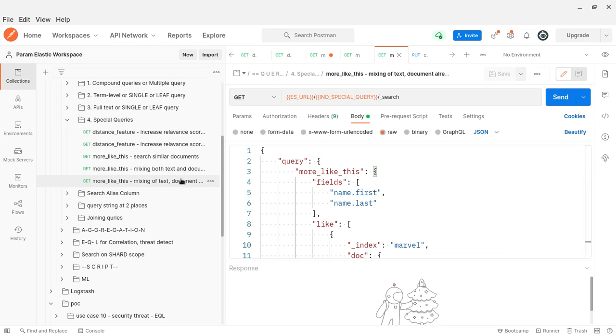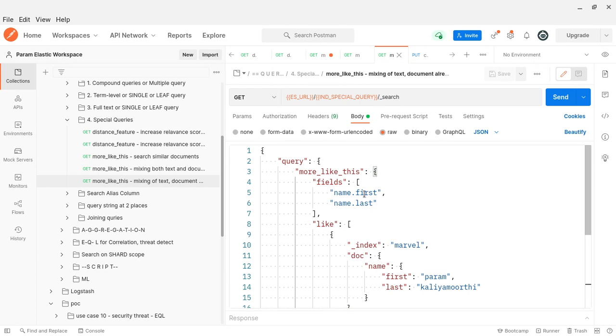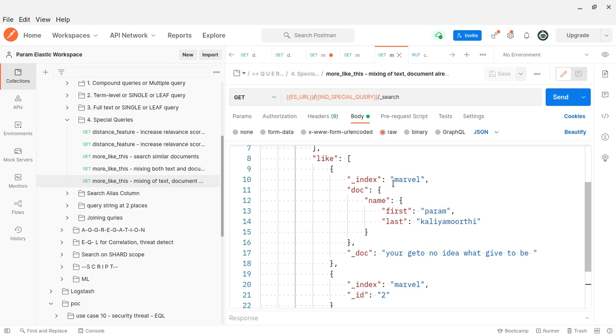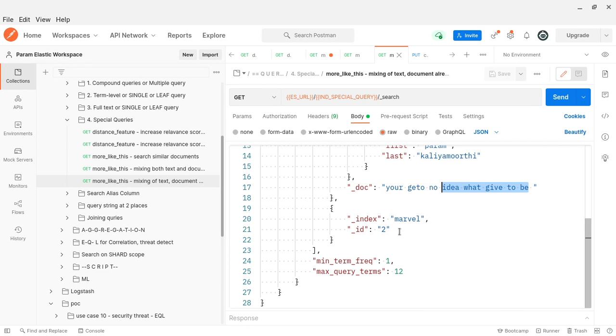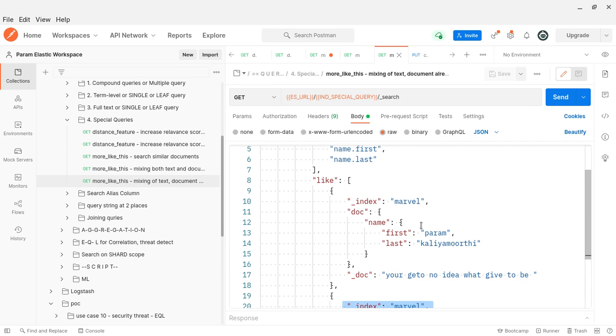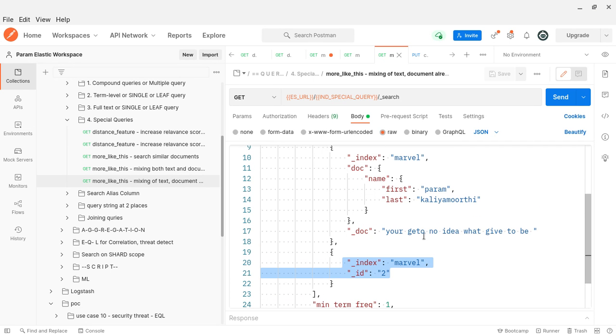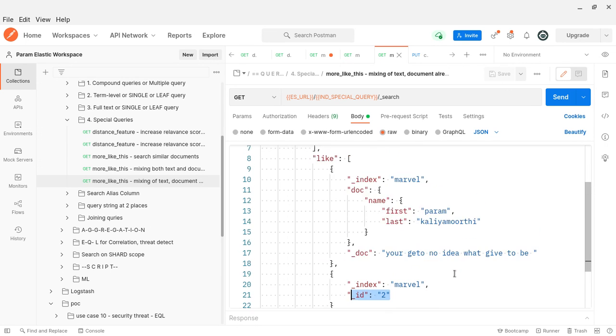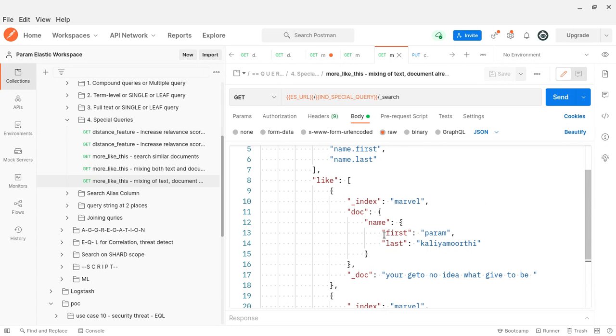Here you can see one more thing. Of course the field we are saying, like arrays. Here this is a document, this is another document, and this is another document. Here the document is matched by the ID. Here you check the first name and the last name.